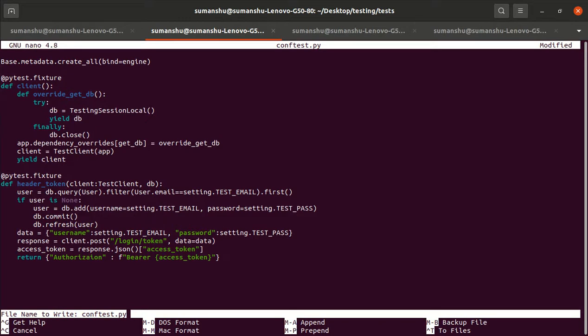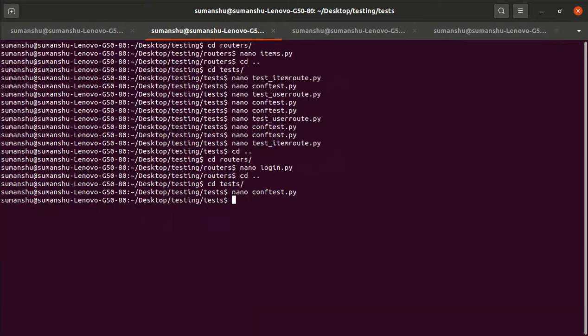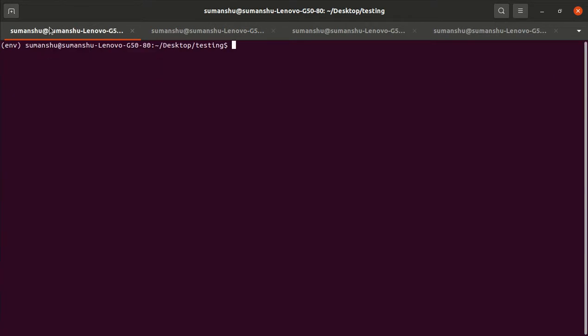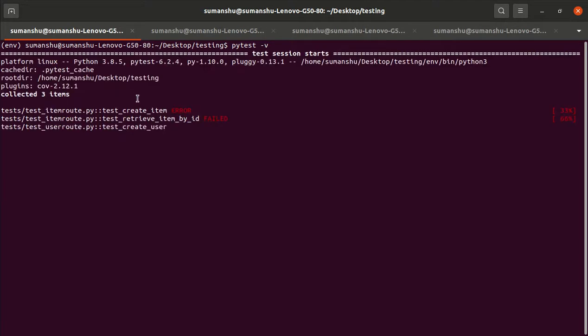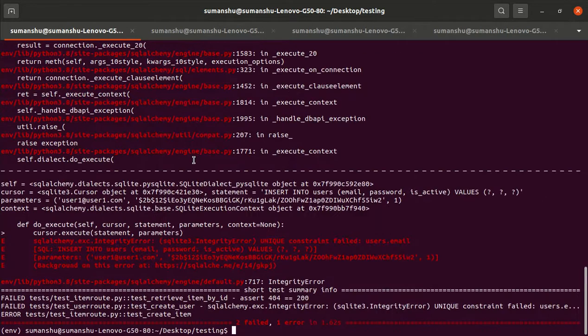Hope it should work now. And if the user exists, okay, let's check. Oh my god, it failed again. Create user failed with the integrity issue, that is fine. Retrieve item failed with the 404, that is also fine, because the item doesn't exist.